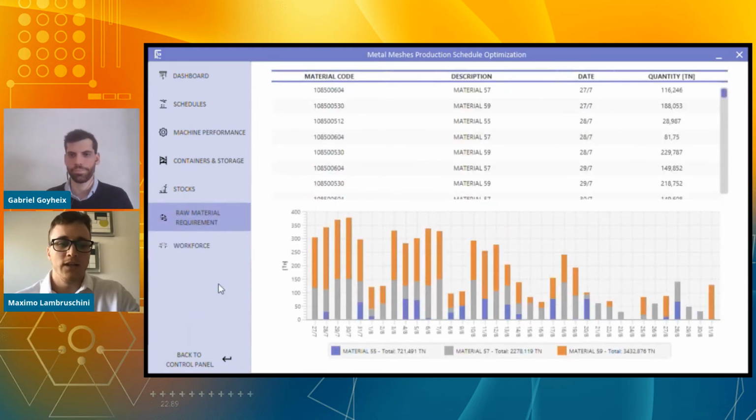Now, moving on to the last section, the raw material requirement section shows a table displaying the amount of raw material needed to follow the production plan calculated by the tool. This information is shown in the form of a table on top, and also the same information is displayed in the form of a chart on the bottom, which shows in different colors what type of materials are needed. So now, if we go back to the presentation,